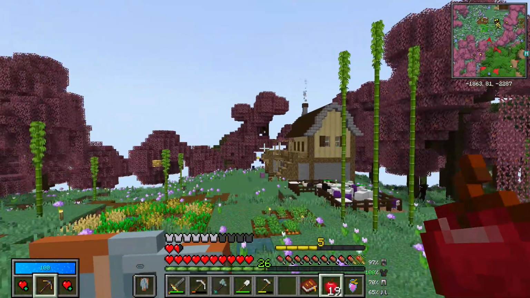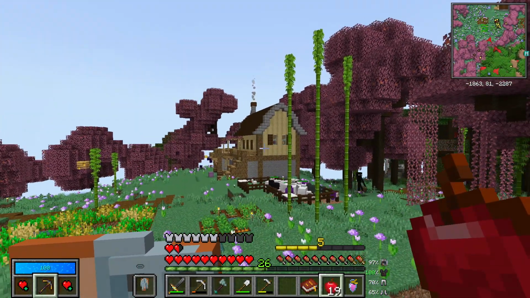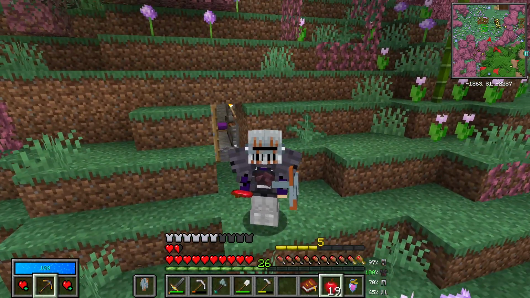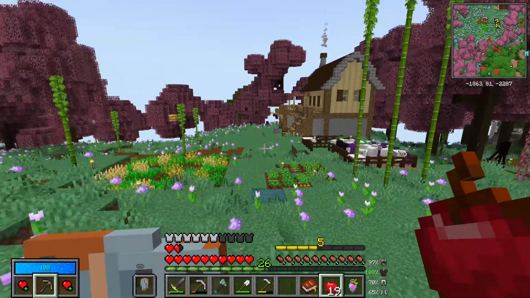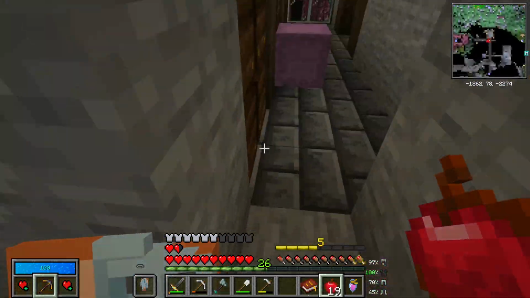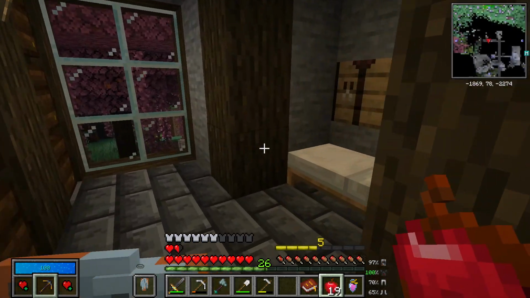All three of the people that are on the server, my brother Wolf, Average, and myself, we all live in this hole back here. That right there is my brother Wolf's house. And I don't think Average has built one. But right now, we've all been working out of the same...